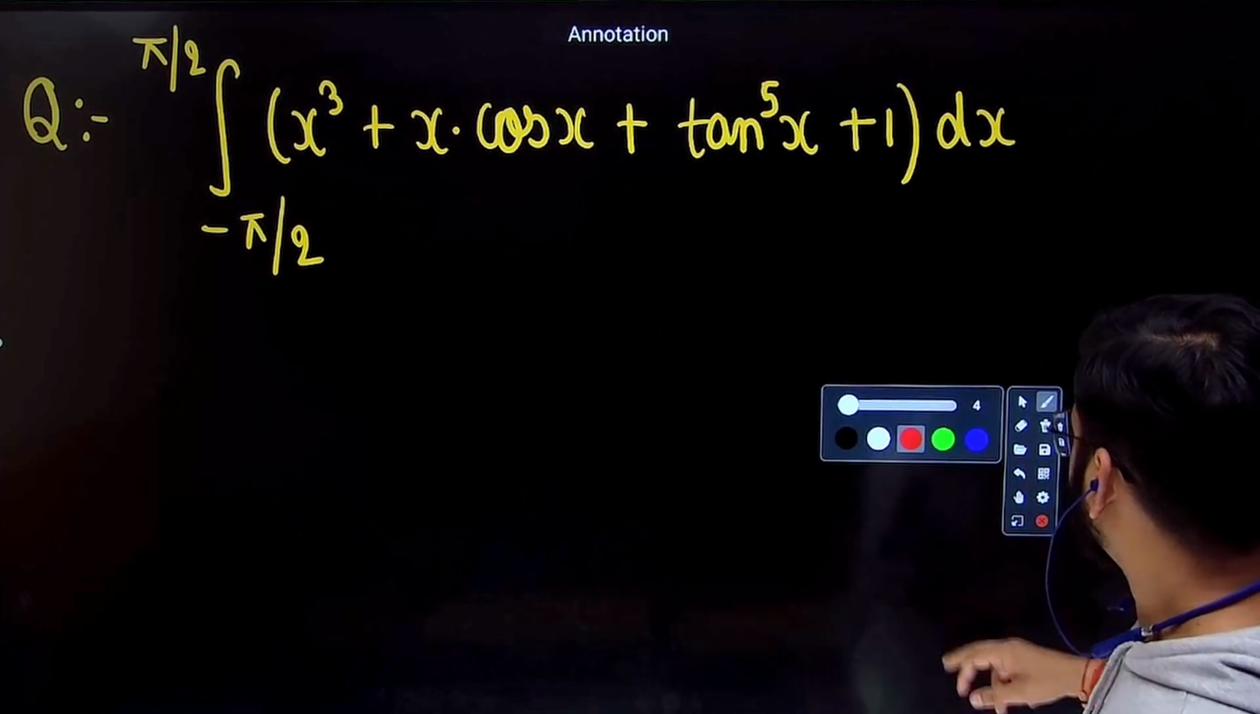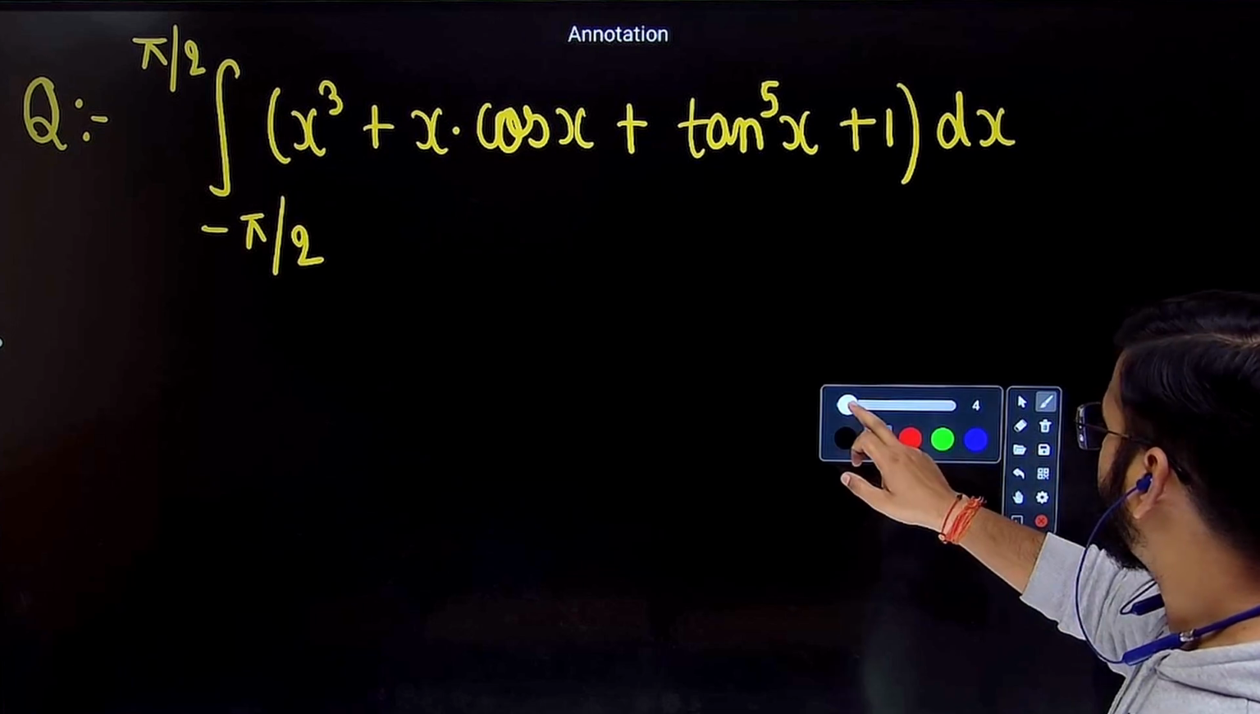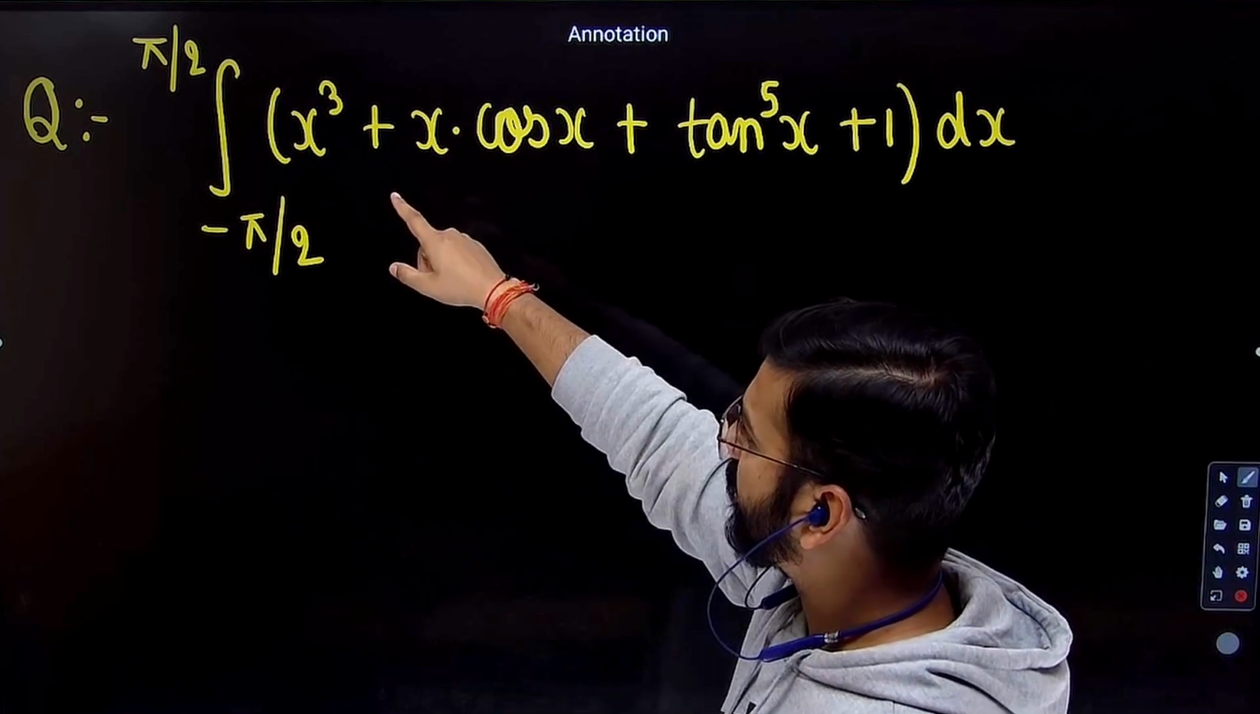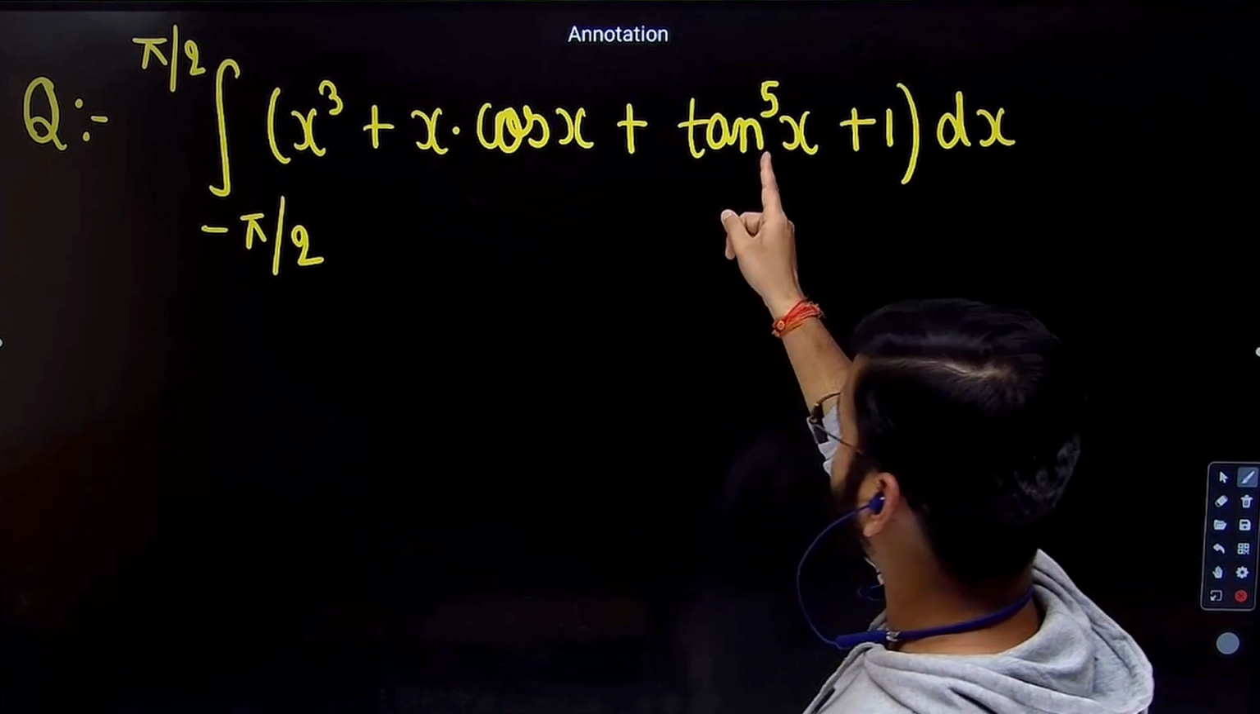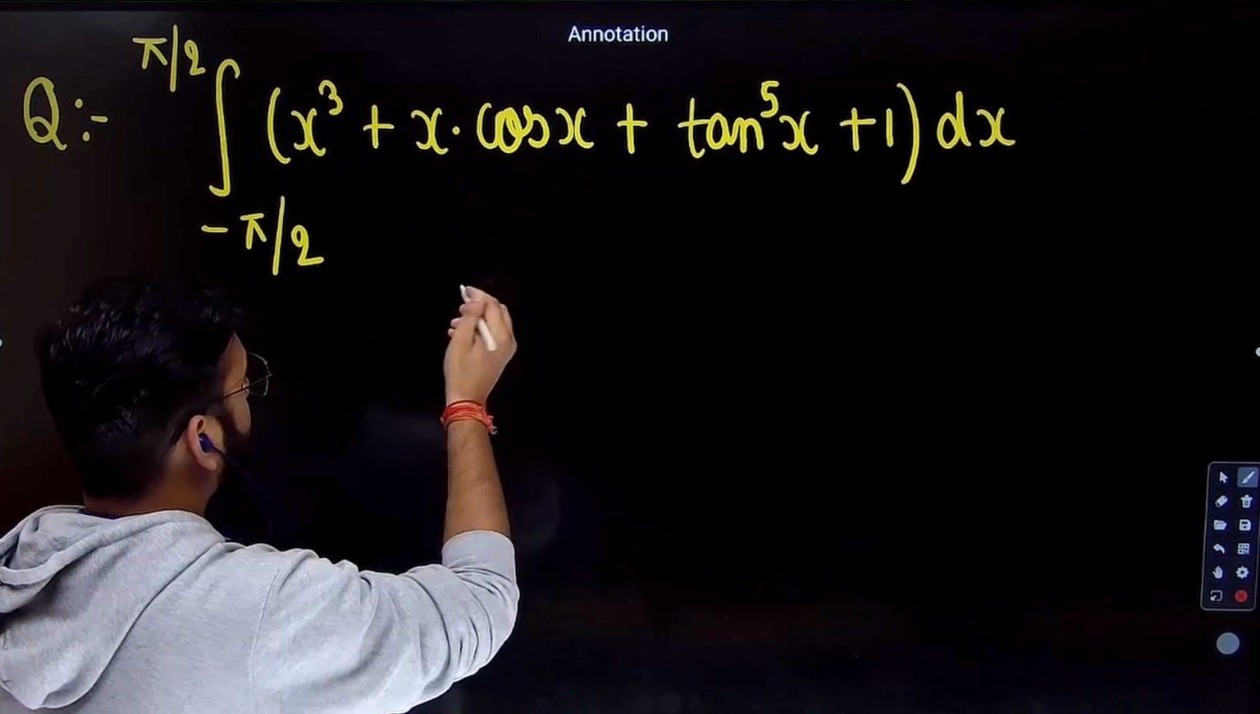Let's apply the concept, whatever we have learned. We will identify one by one what is x cube, what is x cos x, what is tan x to the power 5, and then 1. If I talk about x cube,